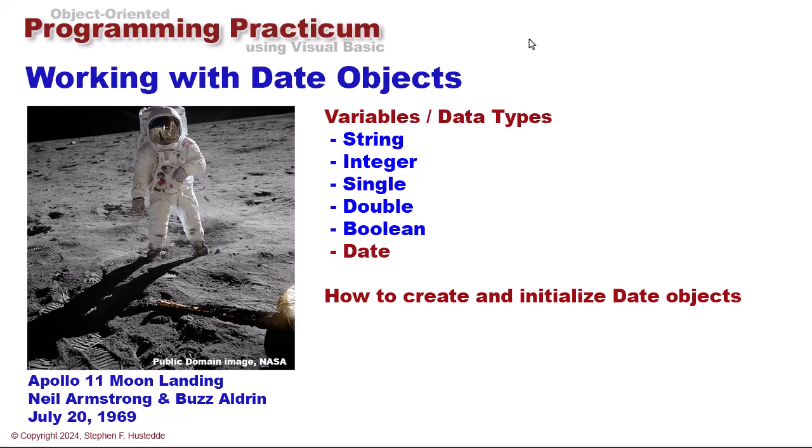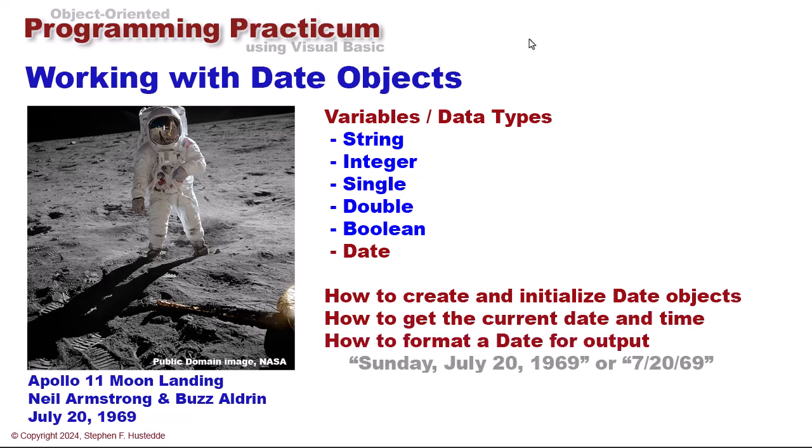In this lesson, I'd like to look at how to create and initialize date objects, how to get the current date and time from the system clock, how to format a date for output, whether you want to say Sunday, July 20th, 1969, or just simply 7/20/69, or lots of other options that are available to us as far as output,